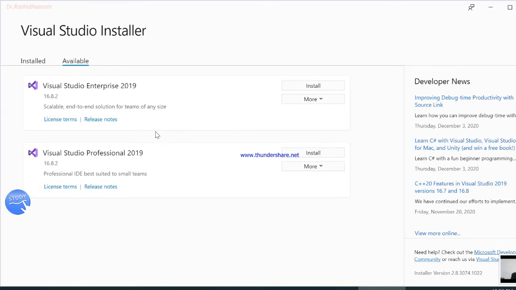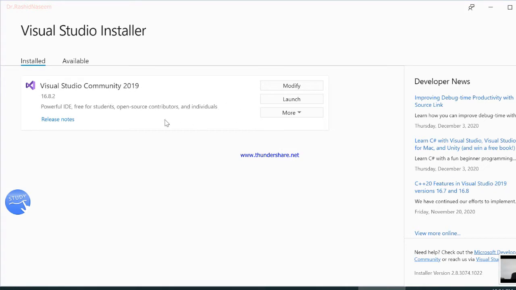The Community version was also listed there, and I just clicked on Install for the Community version, and after installation it was listed here in the Installed tab.